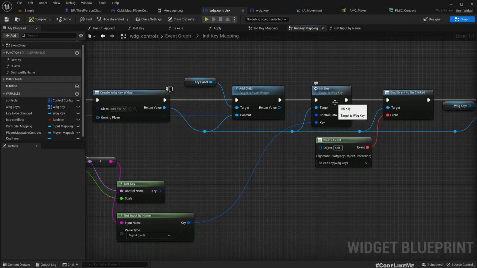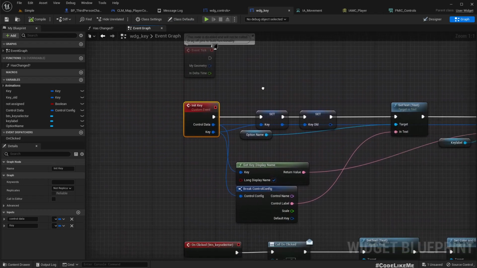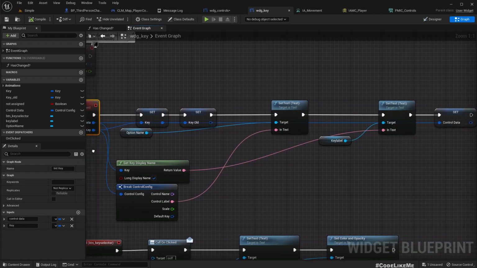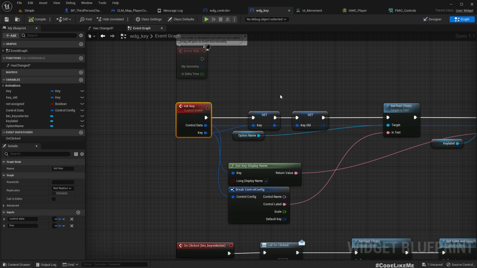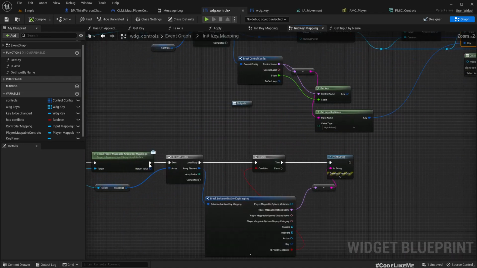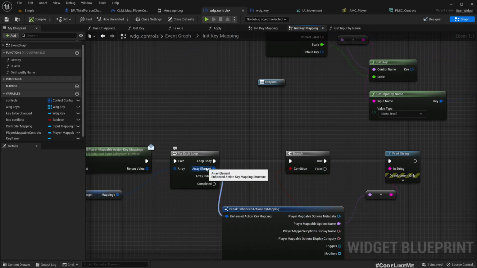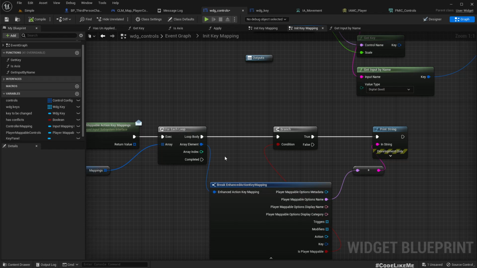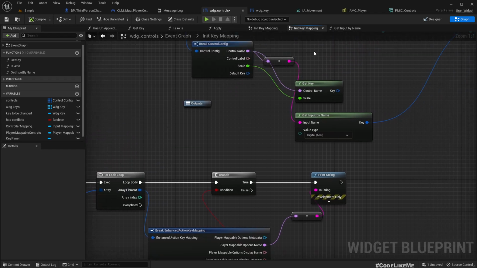Let's change this init key to contain this key. What's this key? Oh no, this is control data. We don't need the control data. We need to put this one, the enhanced action key mapping instruction. That's what we need to input. So